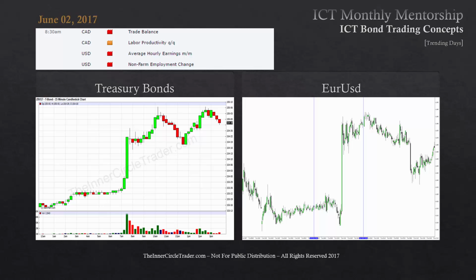Again, I can't stress this enough. When you're looking for trades, you have to have the sponsorship behind it by way of the interest rate markets. And this is the reason why it's important to be following the bond market, looking at the 5-year, the 10-year, and the 30-year, and comparing them, doing your analysis on the higher time frame charts, but focusing primarily on the daily, the 4-hour, and 2-hour. And that'll give you a really good feel for what price action is most likely going to do in the